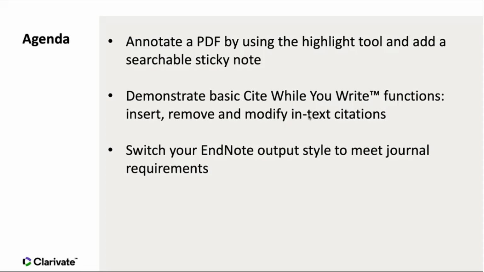And one of the nice time-saving features related to Cite While You Write is that you can switch formats on the fly. So if you're still in the process of determining who you might like to submit your research project to for potential publication, you can quickly apply the formatting guidelines for Journal A by choosing its output style in EndNote. Save that document, print it out if you'd like, and then you can turn around and apply the style for Journal B to that document. And then it will dynamically update the format of your in-text citations and the bibliography as well. So again, that can be a great time saver.